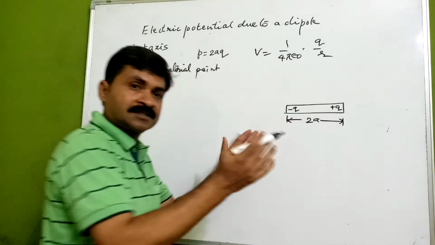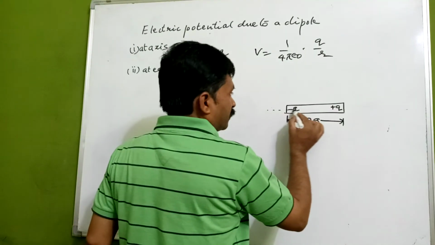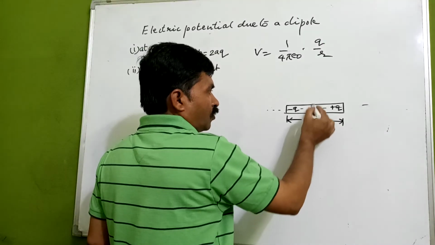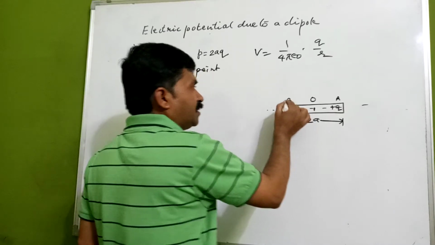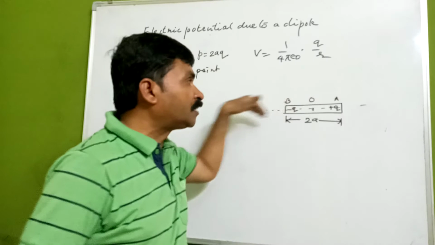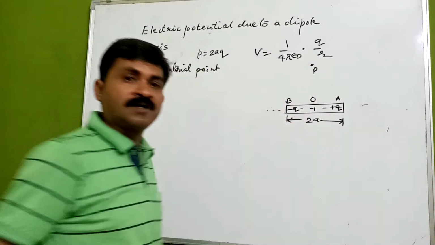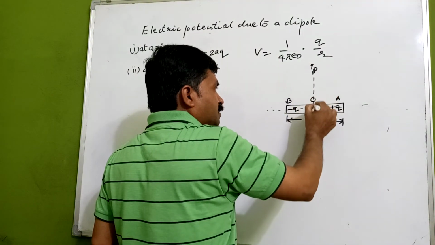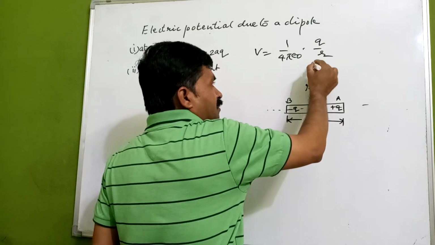ये एक डिस्टेंस से सेपरेटेड है, इसी को हम डाइपोल कह रहे हैं. और अभी हमने calculate किया on axis. This is the center point, say O, and this is say point A, and this is point B. Now if we go equatorial means this will be perpendicular to the axis. So we have taken again a point P. हमने एक point P assume कर लिया, और ये point जो है यहाँ से एक distance पे है, इसको हम कह सकते हैं r distance.